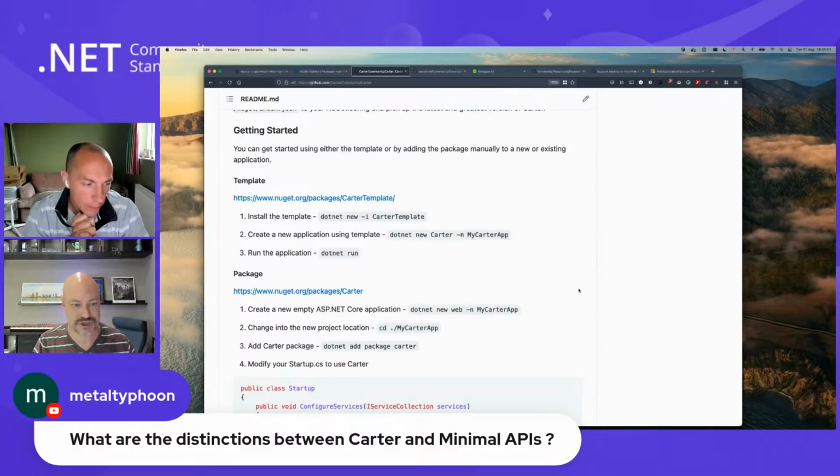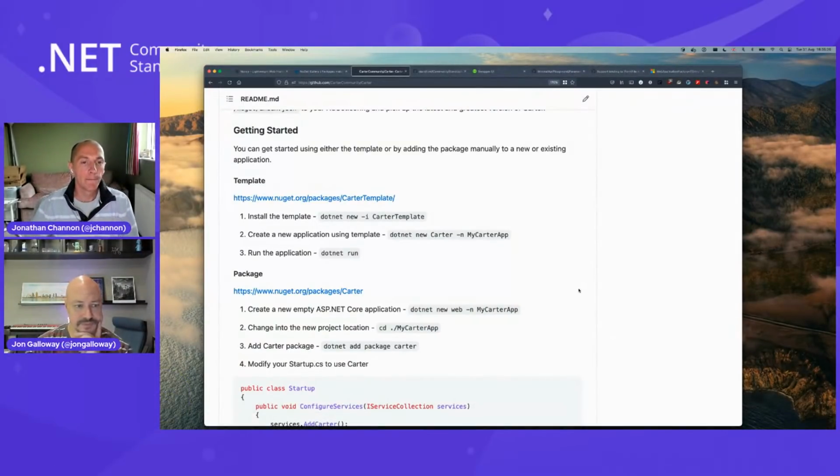What's the distinction between Carter and what's in minimal APIs? Sure, yeah. So I can switch to a demo. I do just want to touch actually on how this impacts current users of Carter, if that's okay, or we can do that after. Sure.